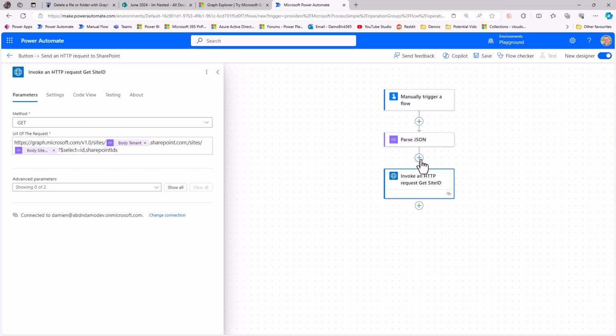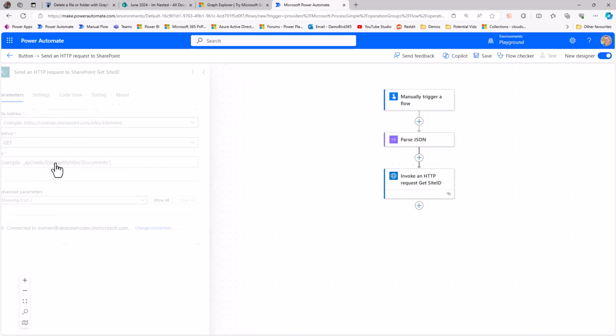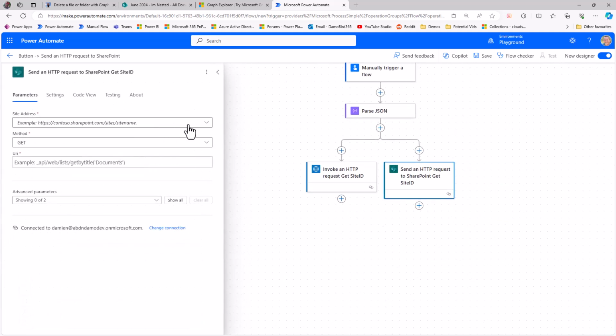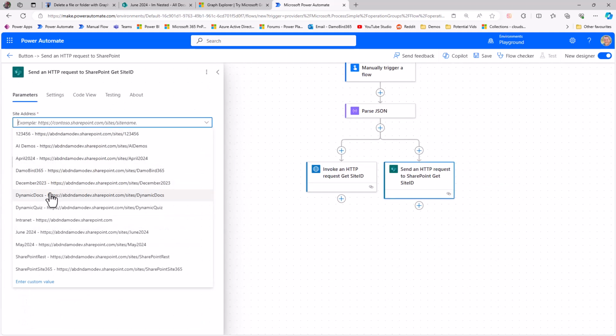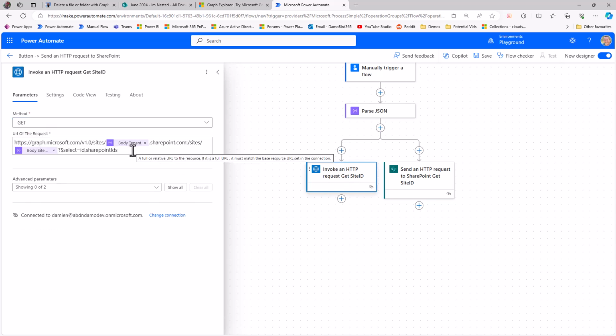Now I promised I was going to run the SharePoint one, so let's run it side by side. We'll add in a parallel branch and we'll search for the SharePoint HTTP. And we'll send an HTTP request to SharePoint. So here we're going to use the root site, so what's traditionally the intranet, so no other sites after that URL. And then we're going to do a GET also, but if we jump back onto this Graph API one,